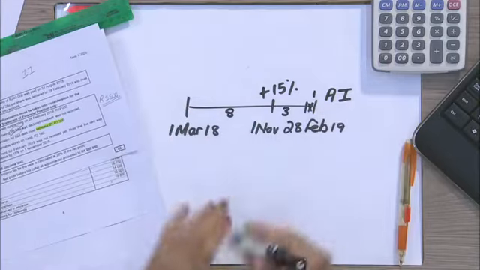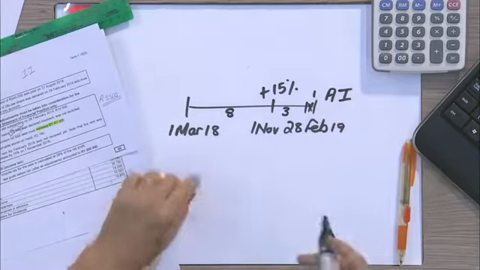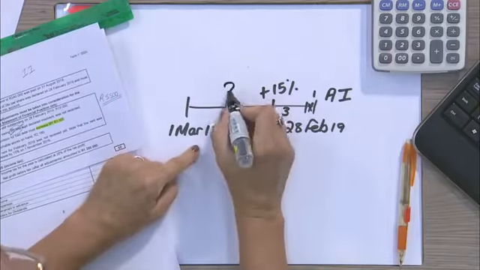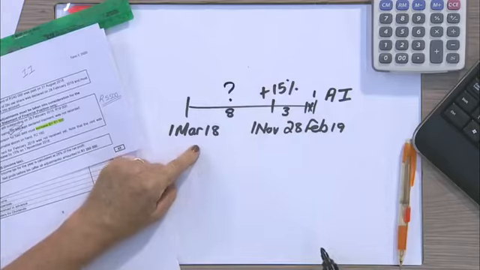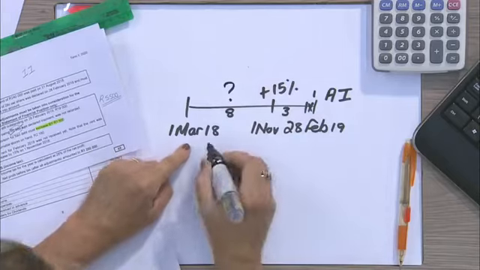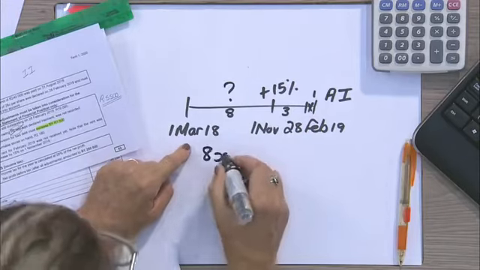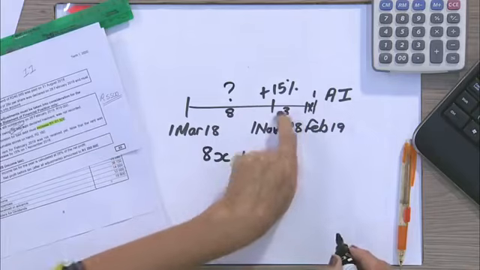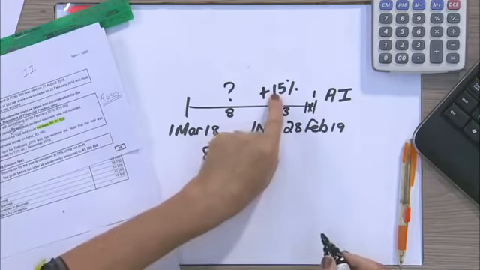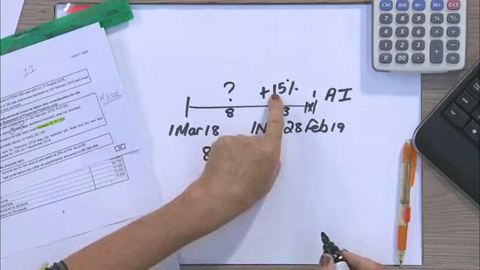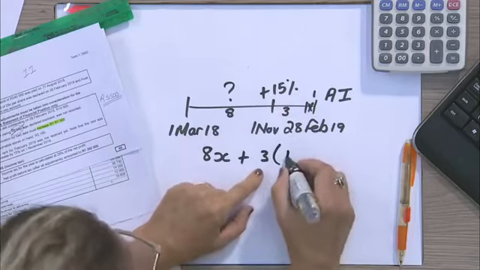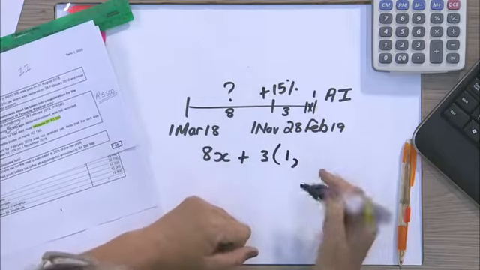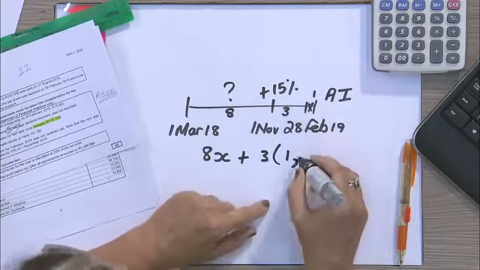How do we do this? Everyone has their own way. I can only explain it to you the way I understand it. If they don't give you the rent amount in the past or in the first part of the year, you go 8x because it was unknown, plus I only received 3, not 4, 3. Now what happens to x if it goes up by 15%? It becomes 1, comma what? 1x is obviously the same as x. What is 15% extra? It's comma 1,